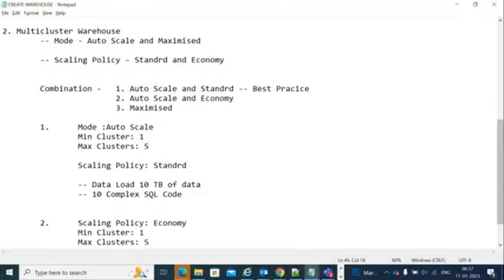Here also you will select the maximum and minimum number of clusters like this. What it will do if you select economy, in case of standard, whenever you upload the data or submit your complex queries, it will calculate and then increase. What economy will do, suppose you submit 10 SQL queries to your Snowflake, it will calculate internally